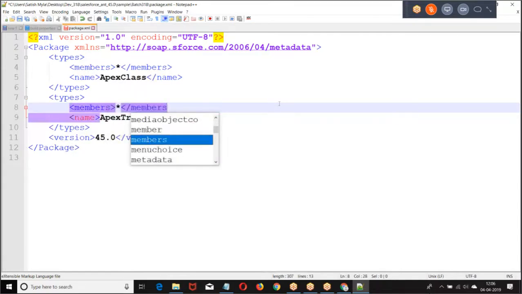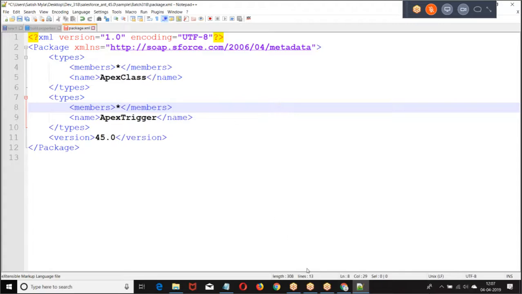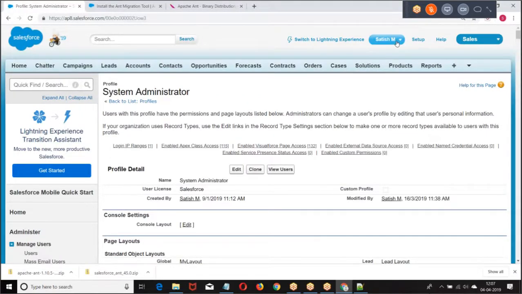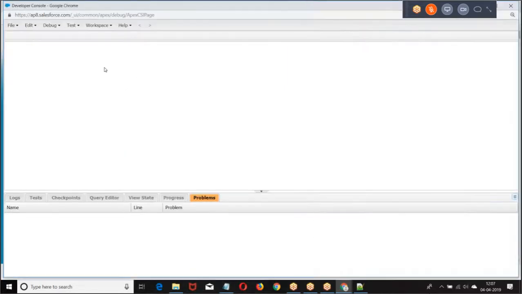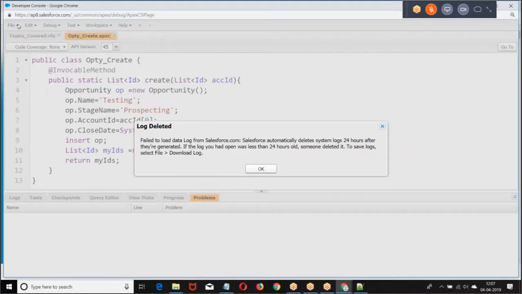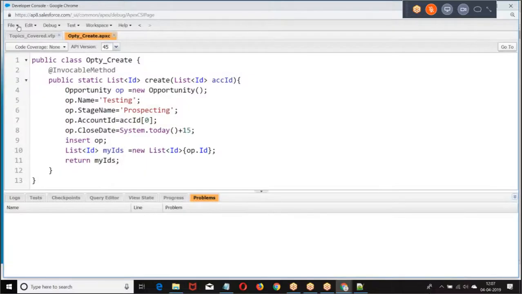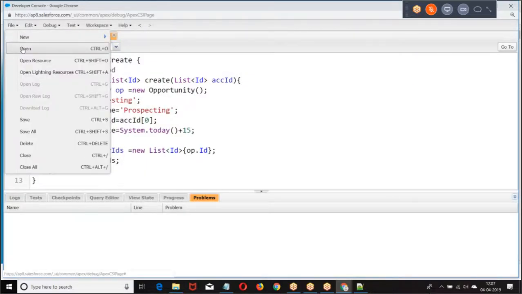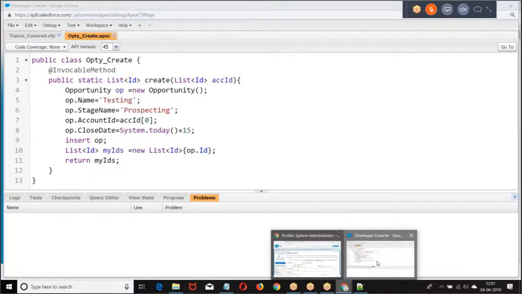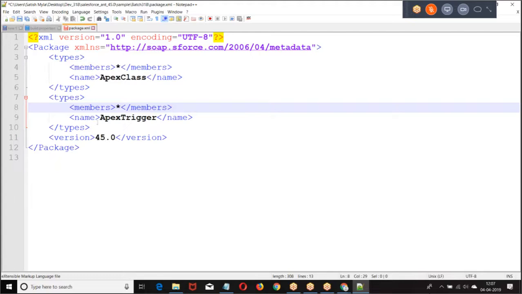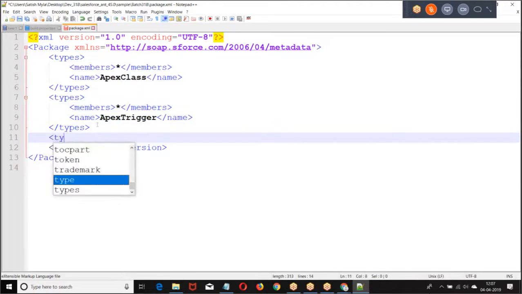No, you don't want to get all of them, you want to get only a few of them. So let me mention class names, object names, constructor names. Then I'm giving which pages I want.